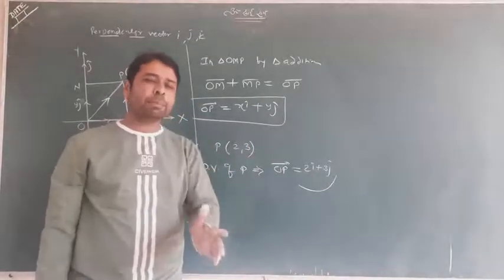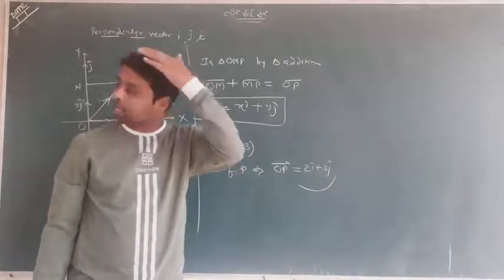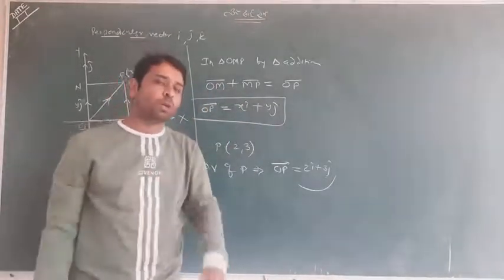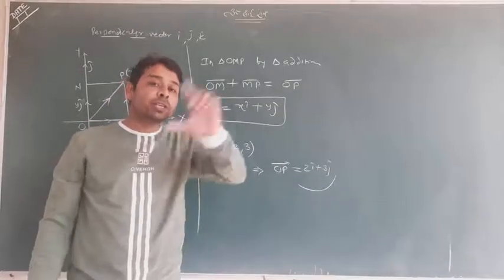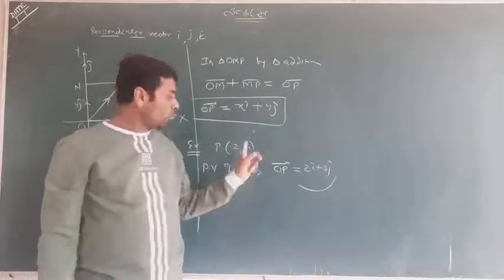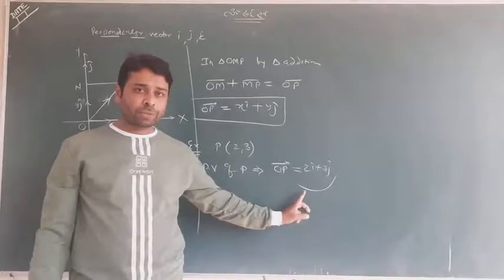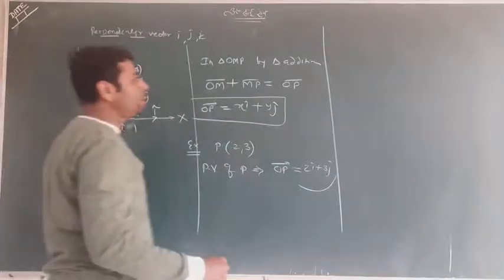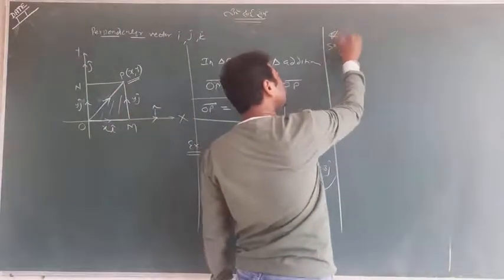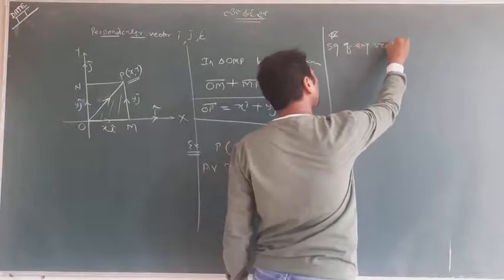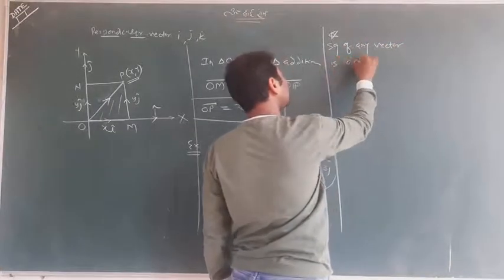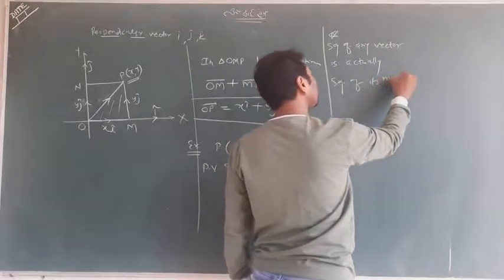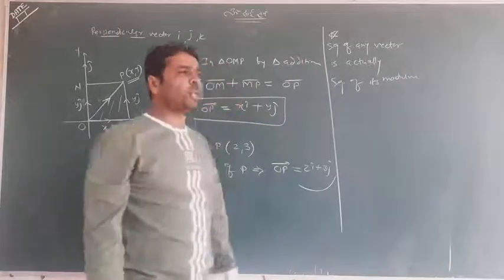So please remember, whenever the coordinate of any point is given, you can form its position vector with respect to O. O will be your origin point. Very good connection that is: in vectors, when the coordinate is given, you can find the position vector of that point also. Okay, one more thing I am telling you. One note: the square of any vector is actually the square of its mod. That's a very simple sentence but an important one.